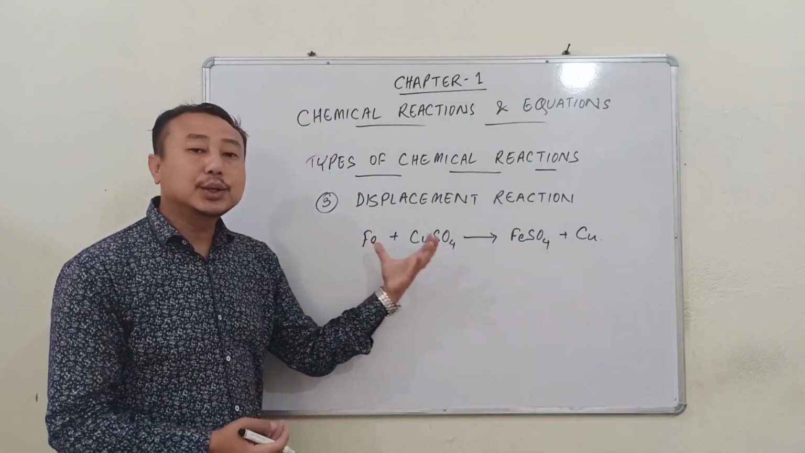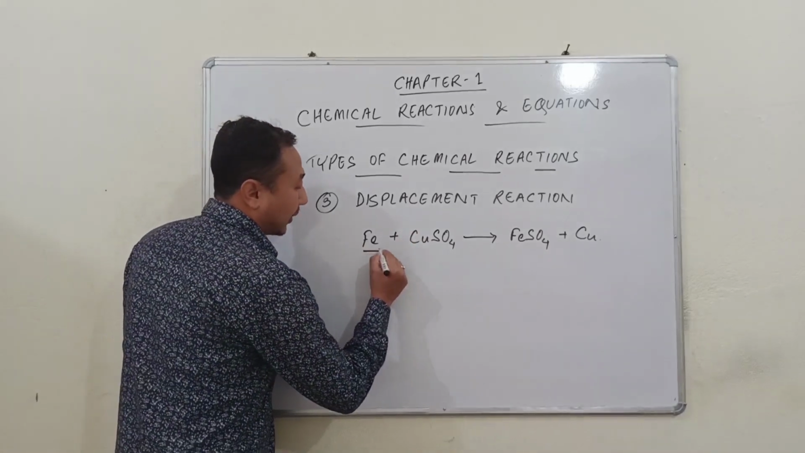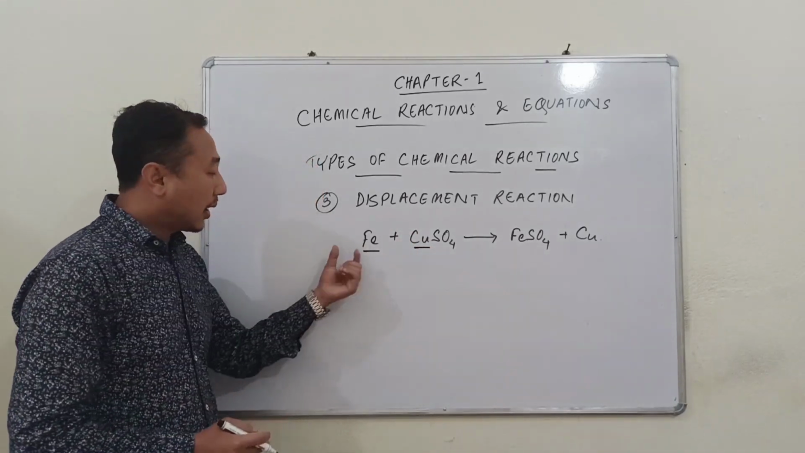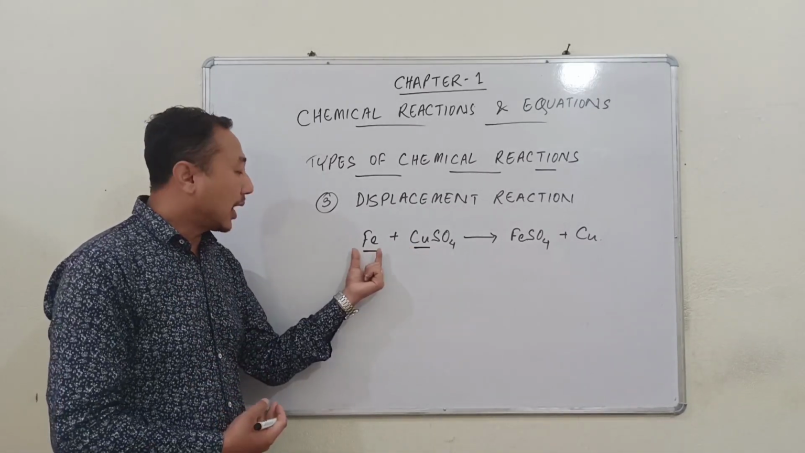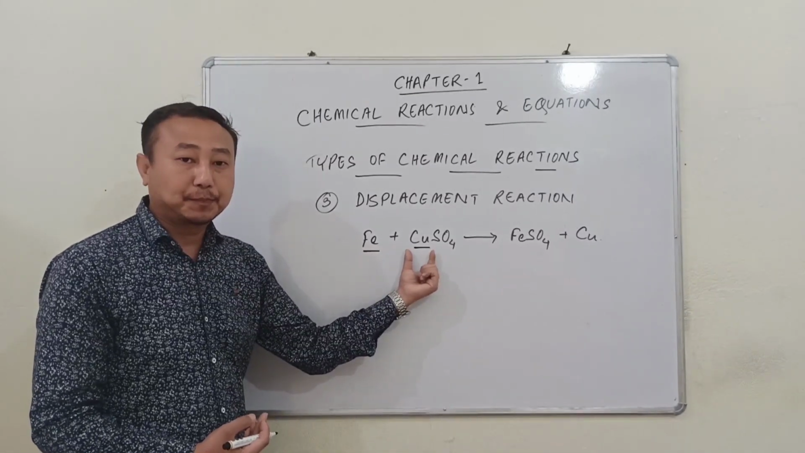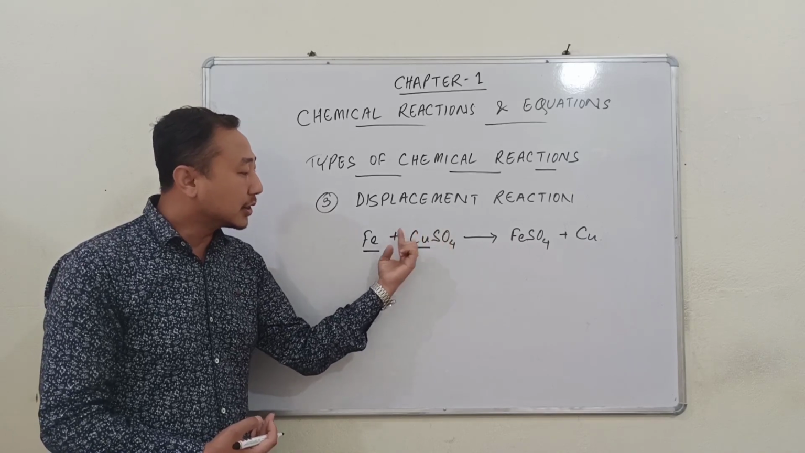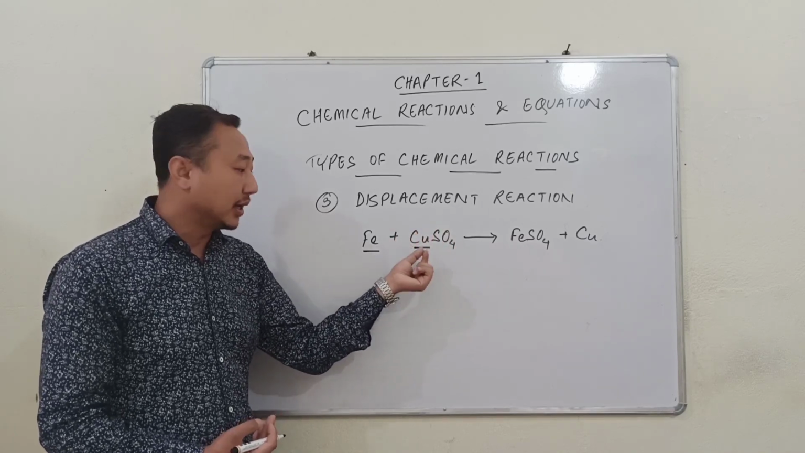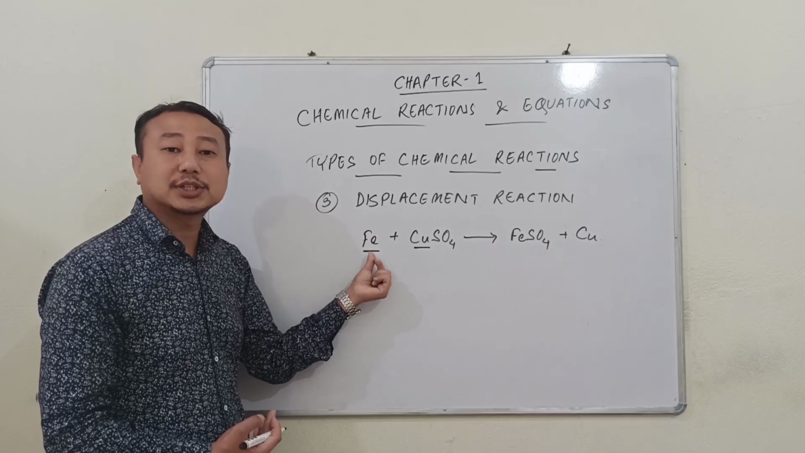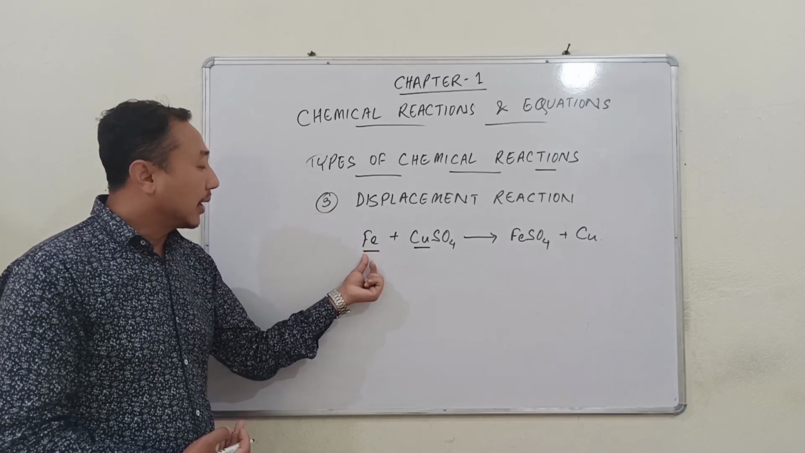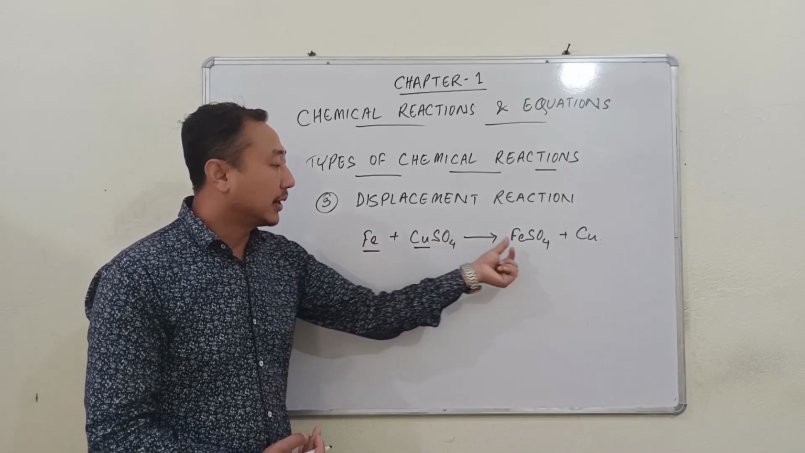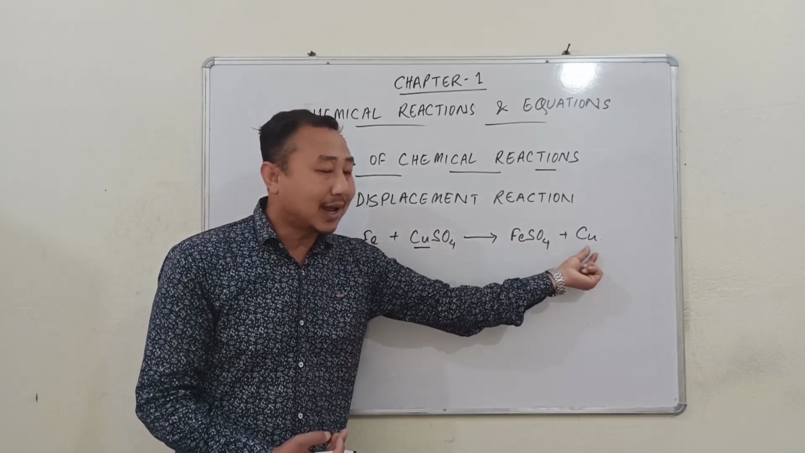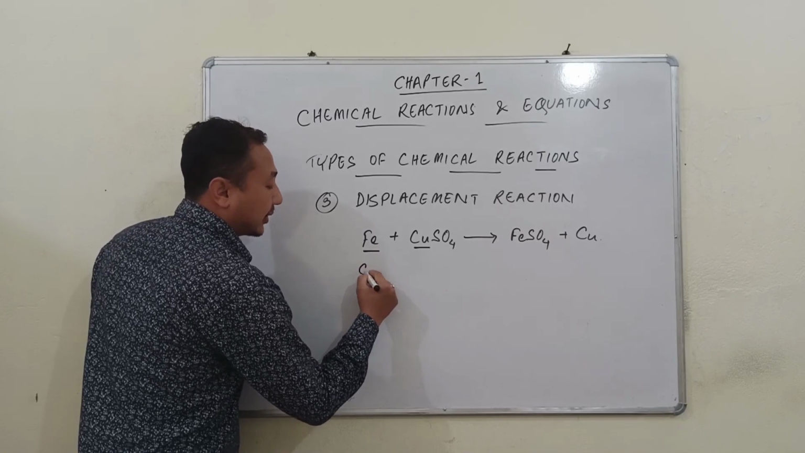Here, the metals used in these reactions are iron and copper. When we compare their reactive nature, iron is more reactive than copper. So the copper present in the solution of copper sulfate is displaced by the iron, which is more reactive. After displacing copper from copper sulfate, the iron forms iron sulfate and copper. The iron is grey in color,